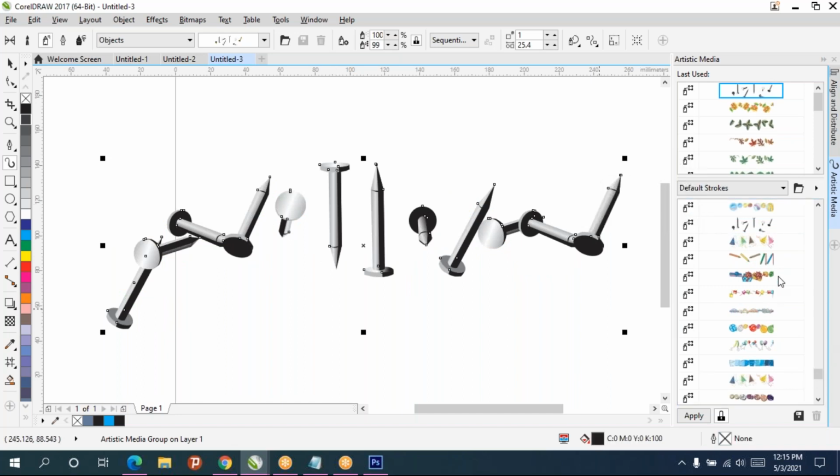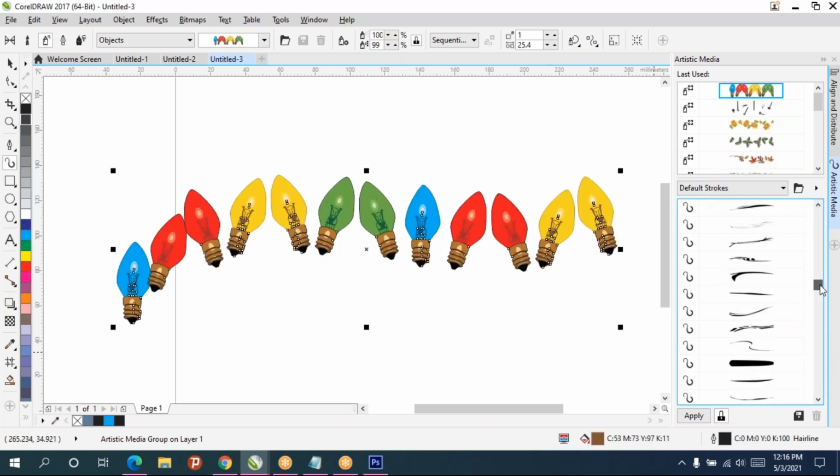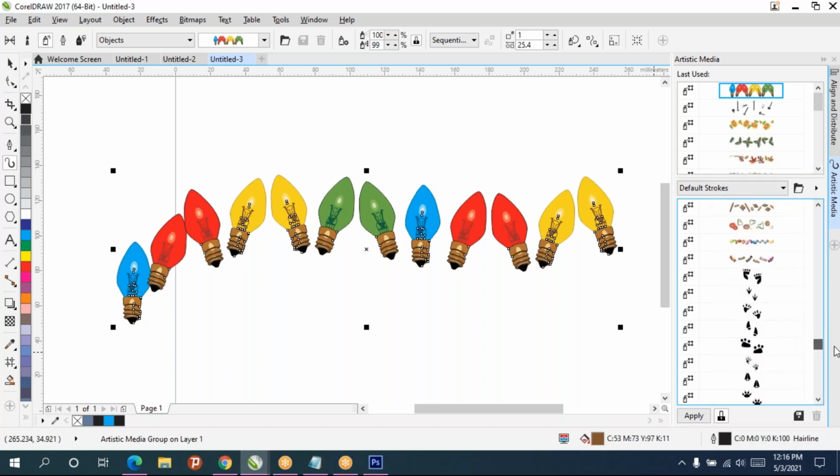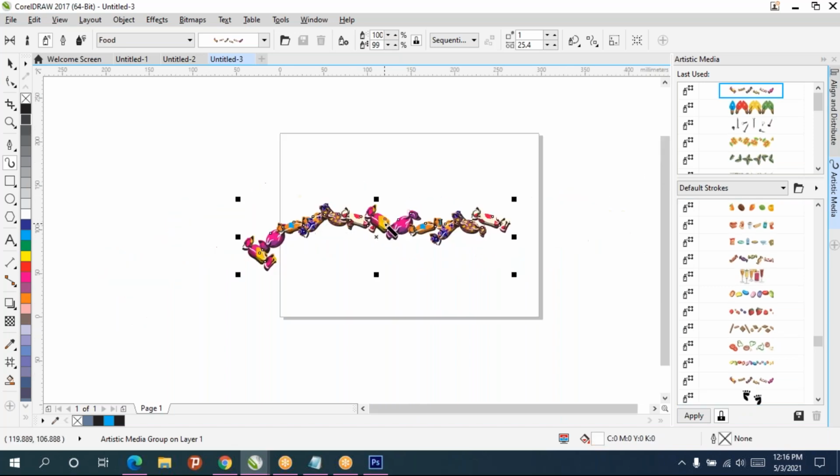Nails. And if you scroll up, you will get candies and all. Light. So candy. Okay, so we have multiple candies.